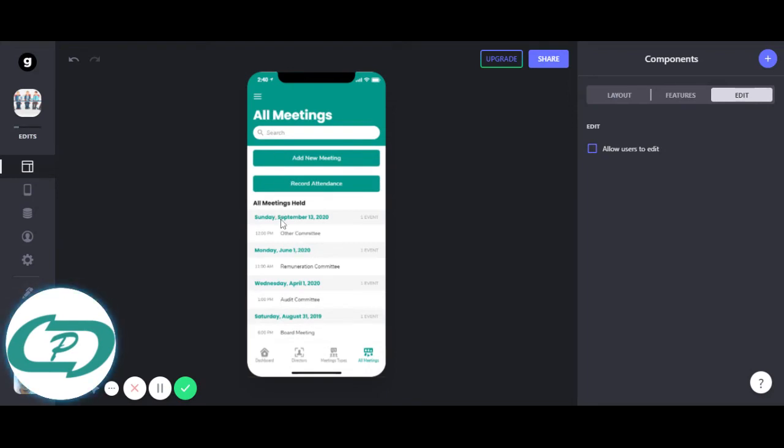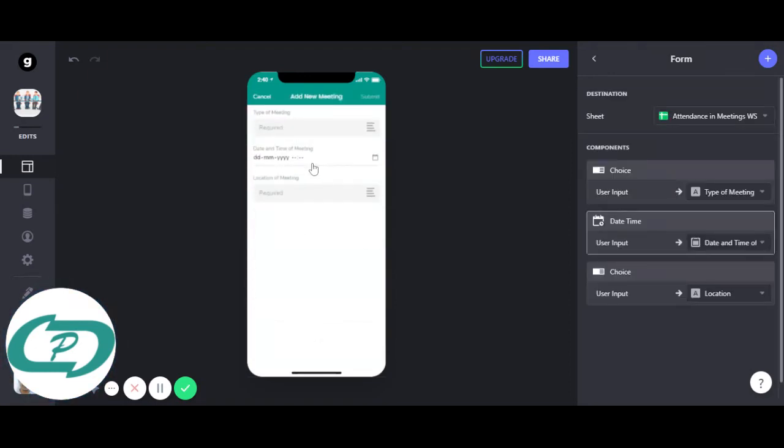Now we move ahead to the editing and adding part, which only the admin user can do. So if you go here to meeting, suppose I want to add a new meeting, here you can see other meeting. The date can be the 1st May 2020, timing probably at 3 p.m.